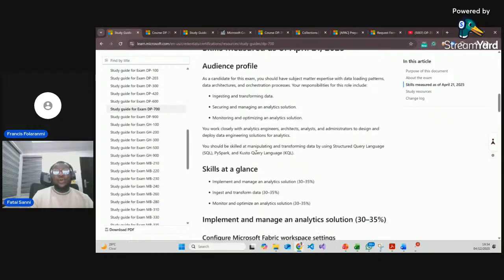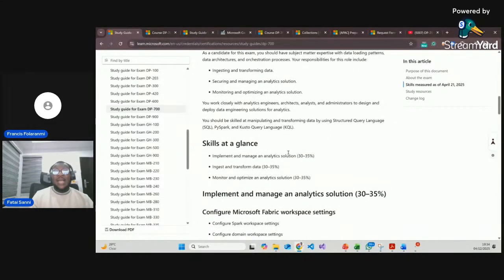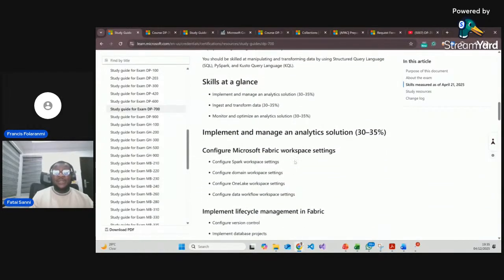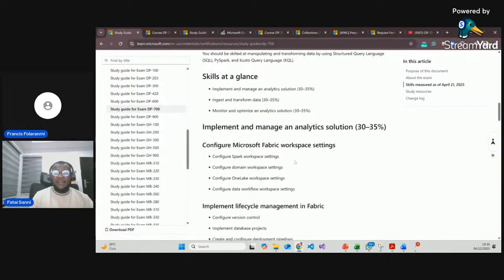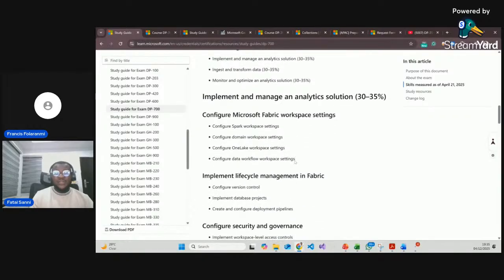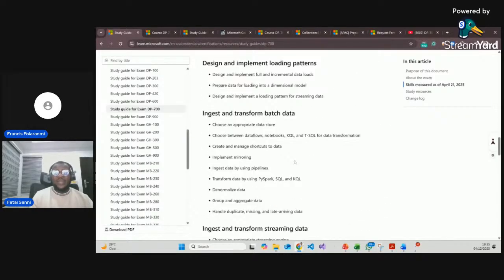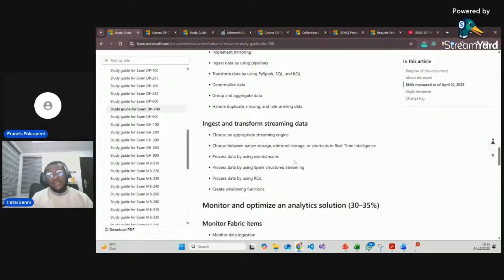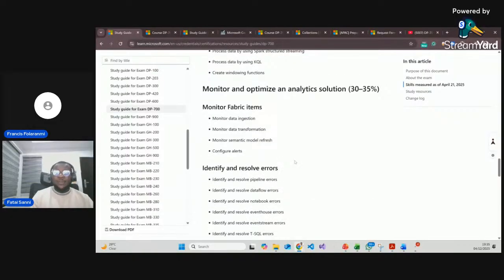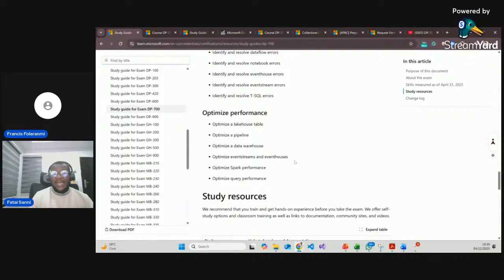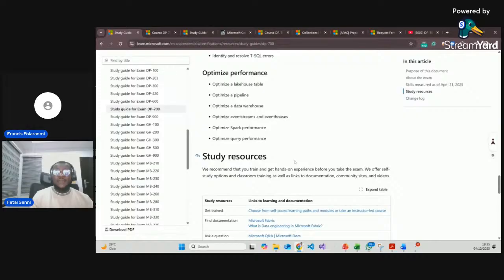Okay, so you should be skilled at manipulating and transforming data with SQL, with KQL, and also with PySpark. Okay, and also how these exams are sectioned into different segments. We've talked about it, all the skills that are measured in this exam. So I'm not going to spend so much time on this because this is what we've dedicated 3 days to so far. So please take your time to go through the study guide. It gives you like